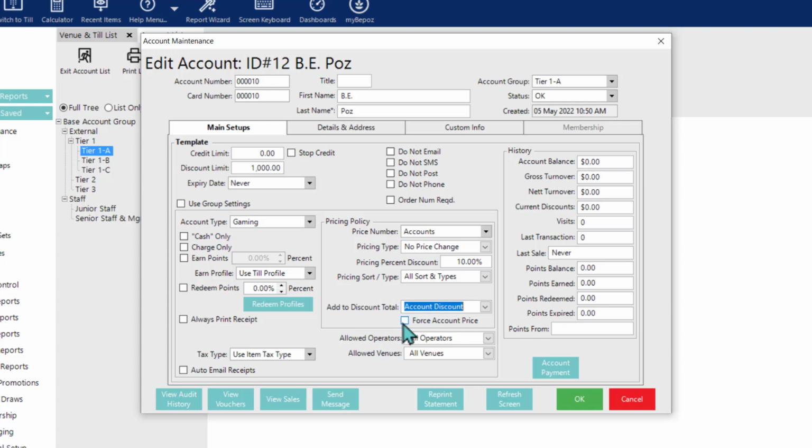However, with this on, the account's pricing policy will be used even if it is going to be a higher price than the standard price that would be used at the time of the transaction. But I'll turn that off. All right, with our pricing policy covered, we will take a bit of a step back here